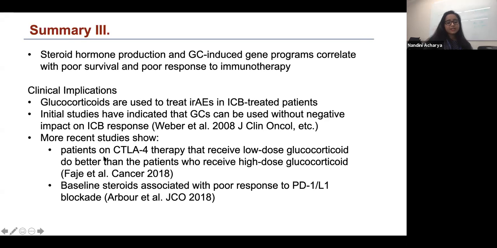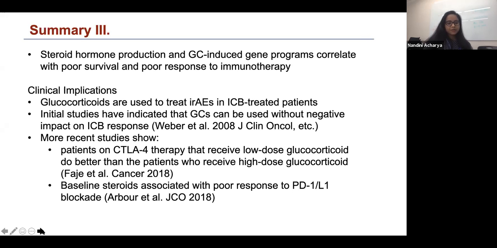However, recent studies have shown that patients suffering from immune-related adverse events post-checkpoint therapy have a better survival benefit if they receive a lower dose of glucocorticoid compared to a higher dose. Also, studies show that baseline steroid is associated with poor response to checkpoint therapies such as PD-1